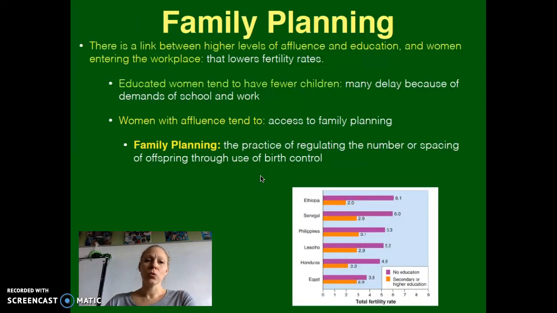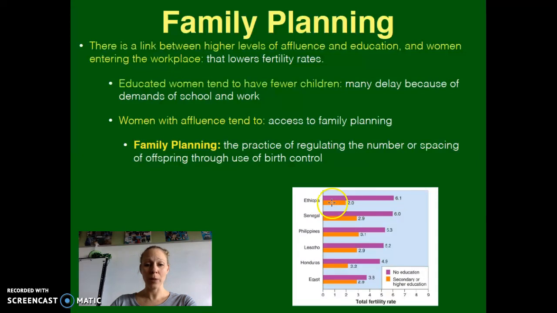So one way to affect the population growth is family planning. And there's a link to family planning between affluence and education in women entering the workplace that lowers the total fertility rate. If you see here on this graph, women with no education tend to have quite a few more